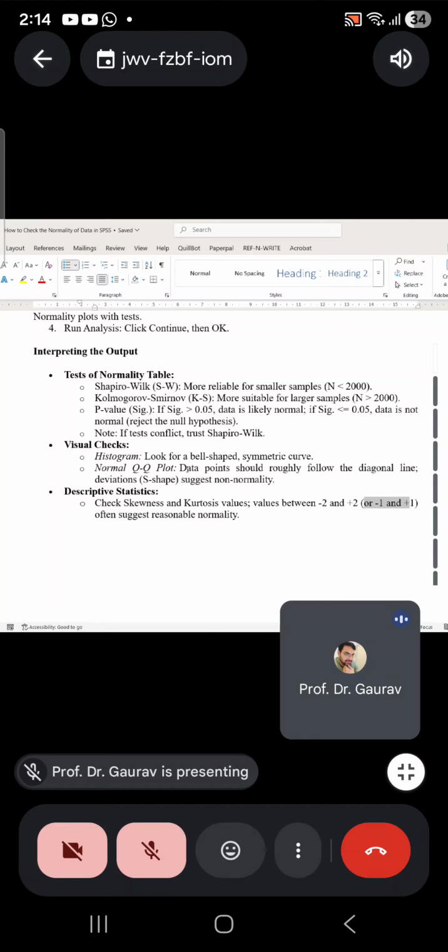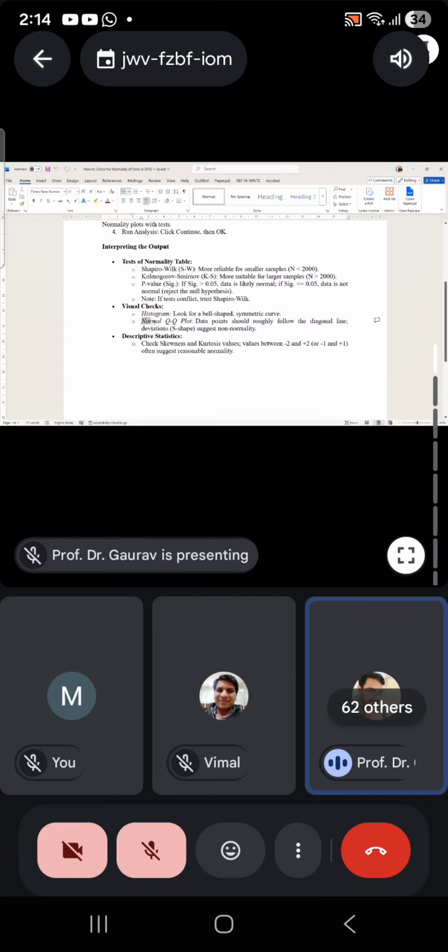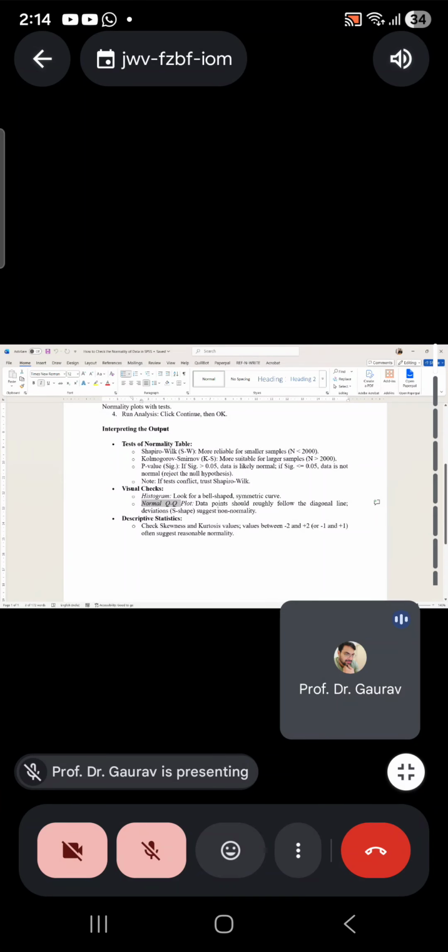Firstly, you check from the histogram whether the curve is bell-shaped or not. Secondly, you check from the normal QQ plot whether all the data aligns with the diagonal line. All the data is either scattered along that diagonal or stays on the line. If the data is spread over, with very large deviations from the mean values, then the data will not be